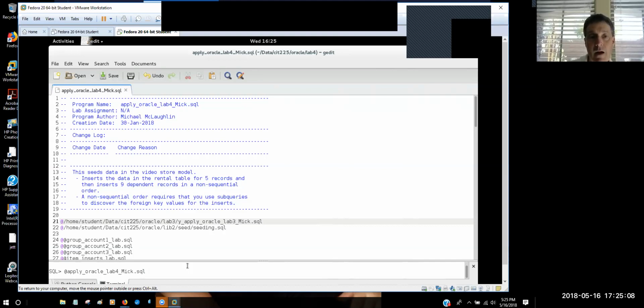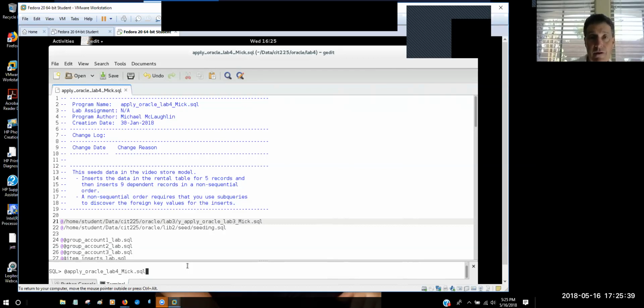Then go and look at your group account 1 log file. See if that all worked correctly. If it didn't, debug that. The only thing you should need to debug are names, to make sure that you've changed everything to underscore lab correctly. And check your apply Oracle lab4 your name log file,